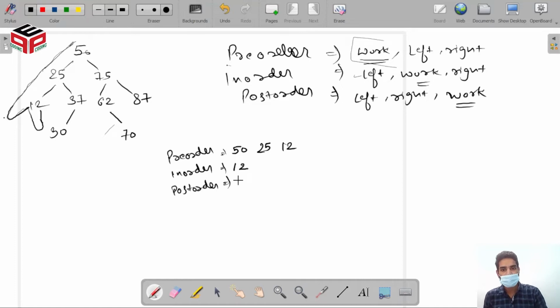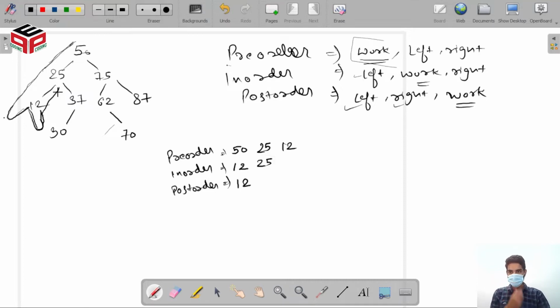This will be printed in post order, because firstly I was moving left, then left, then left, printing in pre-order. After that I got back to 12 and printed in order, then I called my right child, which is null, then I got back again to 12. The left call is done, the right call is done, so I need to do some work: I print in post order. Then I get back up to 25. This is the first time I get back to 25, so I will print in order.